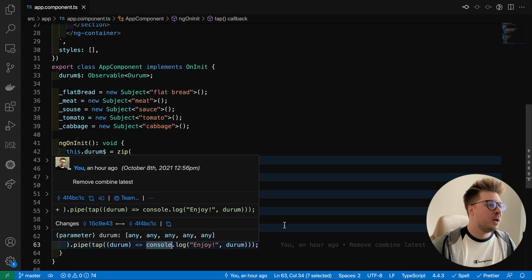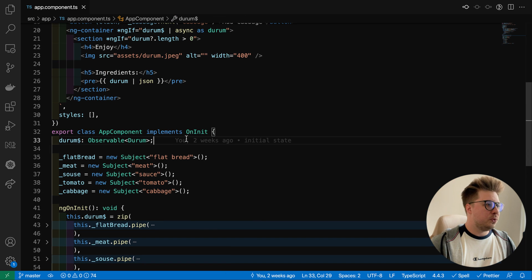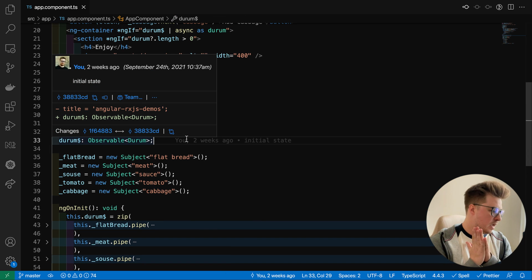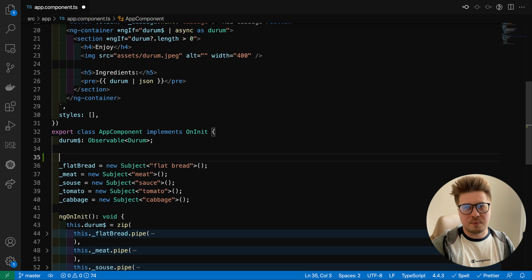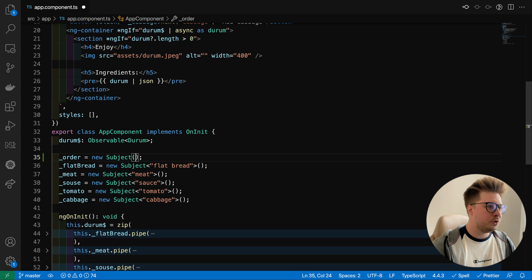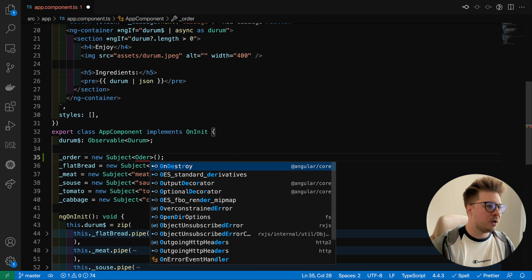Simple. Now we have to implement a couple of additional things, and I would start with the orders. So we have to create some order stream, right? So let's do it right here. It's going to be a new Subject, and here I define the type of data which I'm going to dispatch in this stream, and it's going to be Order,